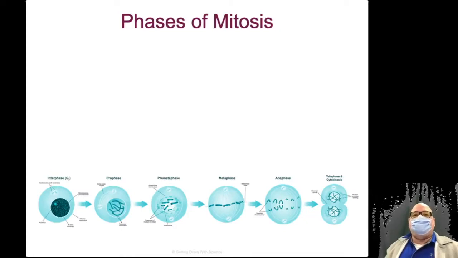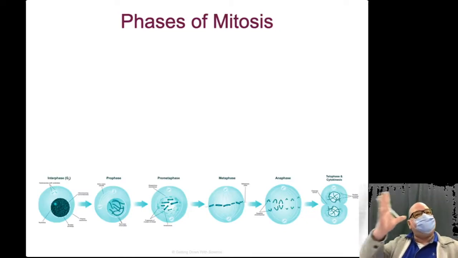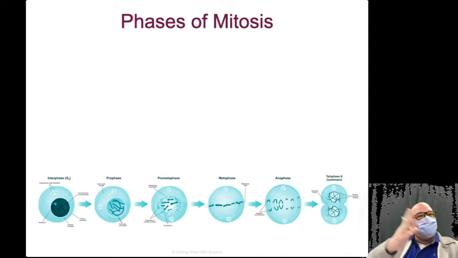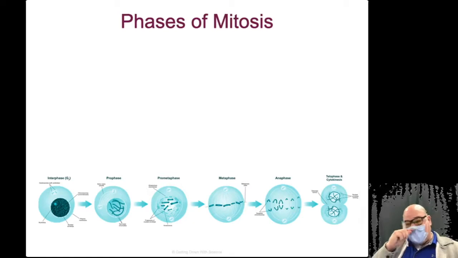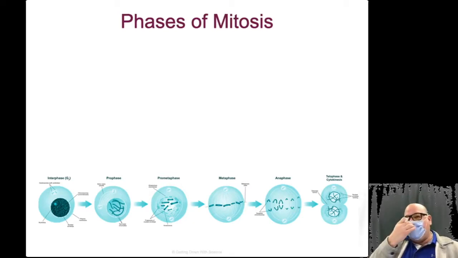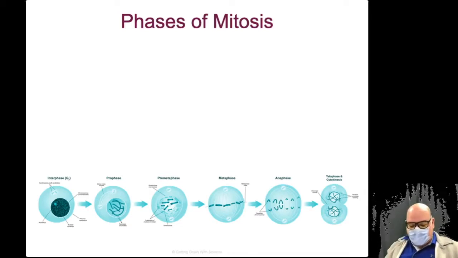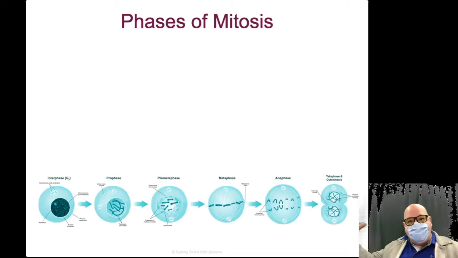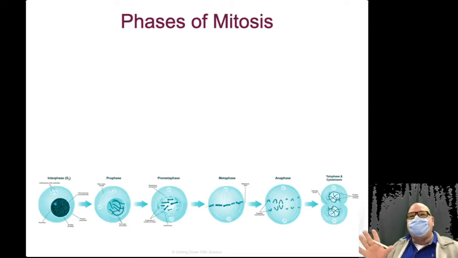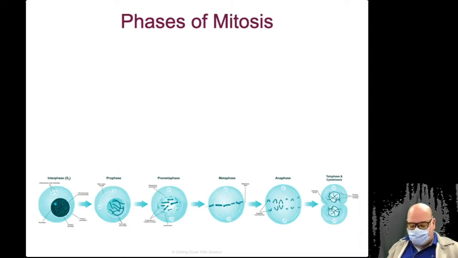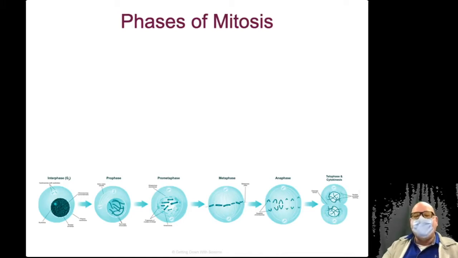So let's focus only on mitosis. The last slide was interphase. Now we're going to zoom into mitosis. This is what we're mainly concerned about. I know these pictures might be a little hard to read at home, but we're going to go through them a little bit closer, step by step. Mitosis is divided into 4 main phases, but there's sort of a subphase or minor phase we're going to throw up here today.